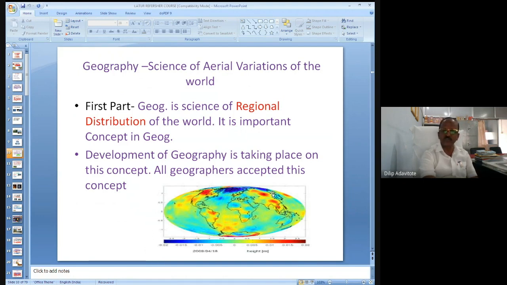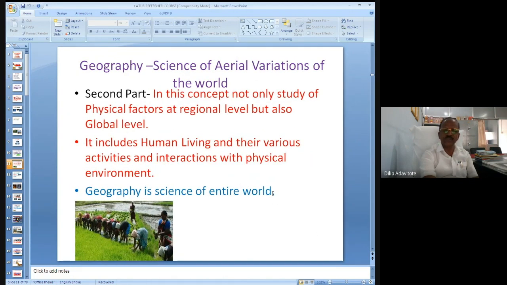We know regional distribution is our key area, key word, and it is a very important concept in geography, and today we are accepted this one. Second part of this one, geography is nothing but the science of the entire world along with human population. We are living on the earth, and there is interaction between the physical environment and the human environment going on at